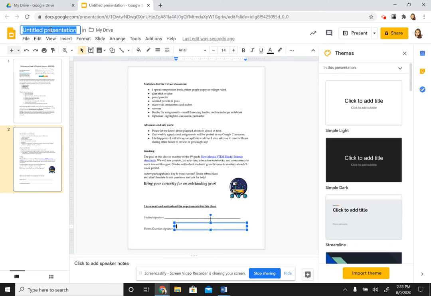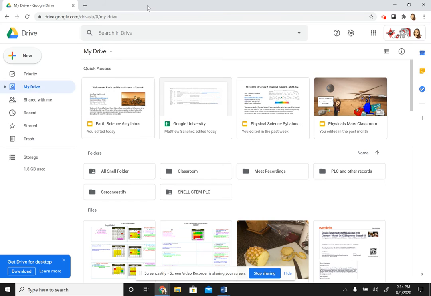I want to title this so I know what it is. This is my physics syllabus in slides. Okay, so now if I try to sign this in Google Classroom, I can link to my Google Slides and know that I'm choosing the right thing. I'm not ready to assign this to my class quite yet. So I'm going to post another video that shows how you could assign this and then assign it to all students in your classroom. So I'll just close this,